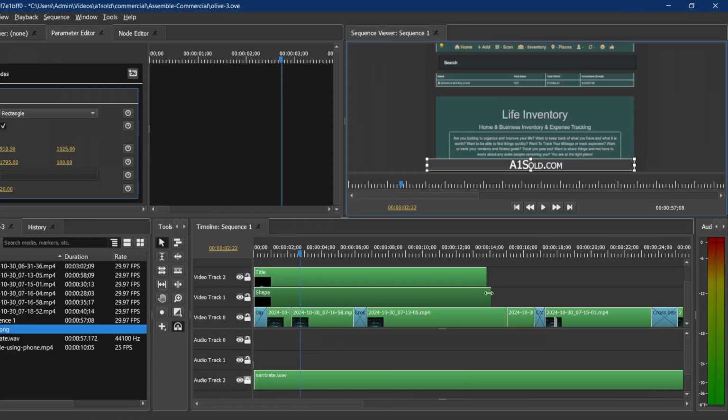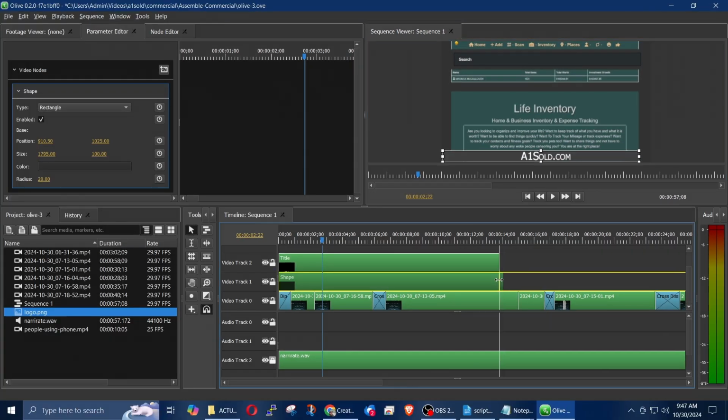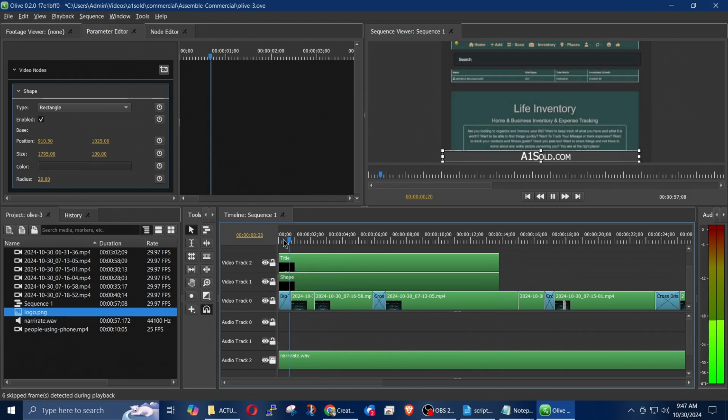So I'll probably put this in a couple different places. I want to line this up with the text right there. So let me go ahead. Welcome to A1 Sold, the all-in-one application for free speech and personal management. Track your inventory effortlessly. Okay, so now maybe what I want to do is where we start tracking inventory and